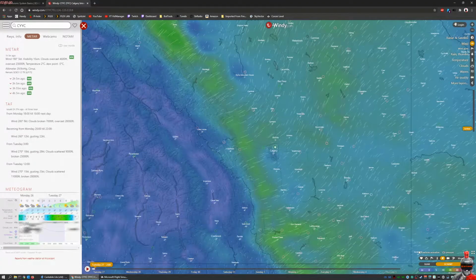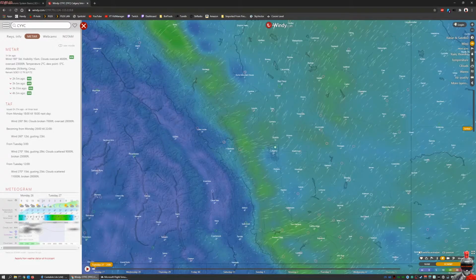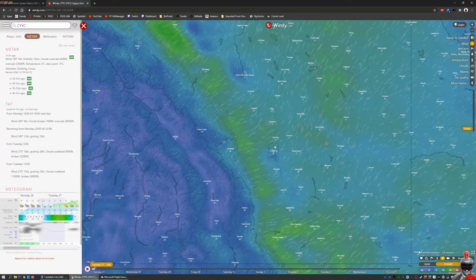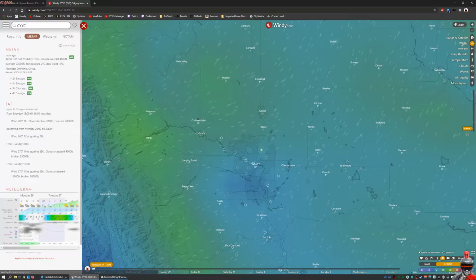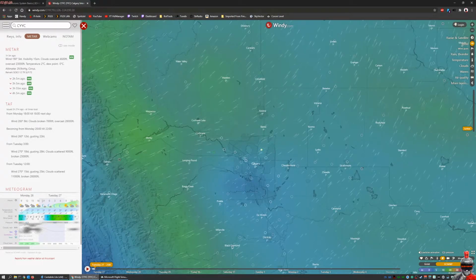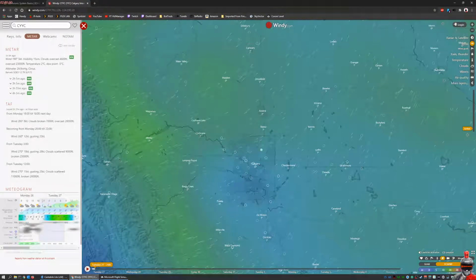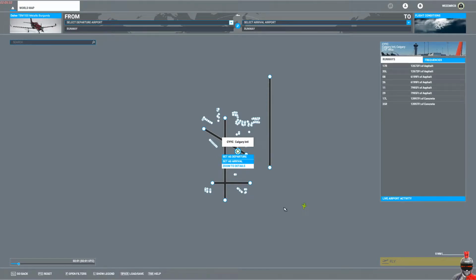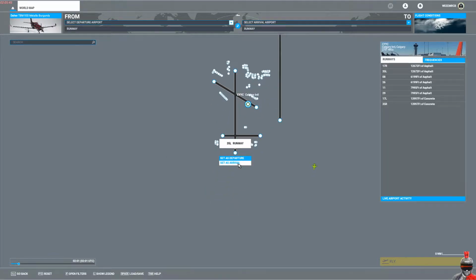This is Calgary. This is the METAR for Calgary. We see that the winds are coming from the west. With that information, we can go to here, and there isn't really a best runway. 26 would be good to land to the west, but as it's a westerly, it doesn't matter. So if we do 35 left as our arrival,